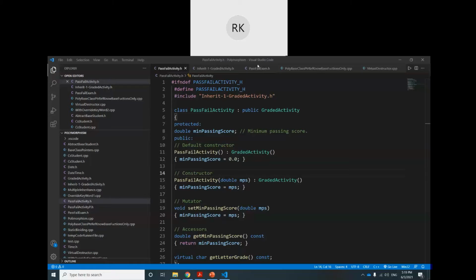Okay, so the parent class object is calling the parent class function. So set precision, get score and get letter grade will be accessed, and we will see the grade letter for this one. Second one, count will increment, and at the second place is a derived class object, and this time we are passing the derived class object as an argument to this function. Okay, this time you see the object is of the derived class, but the pointer is of the parent class, but still we can assign. Okay, now this pointer is calling these functions.